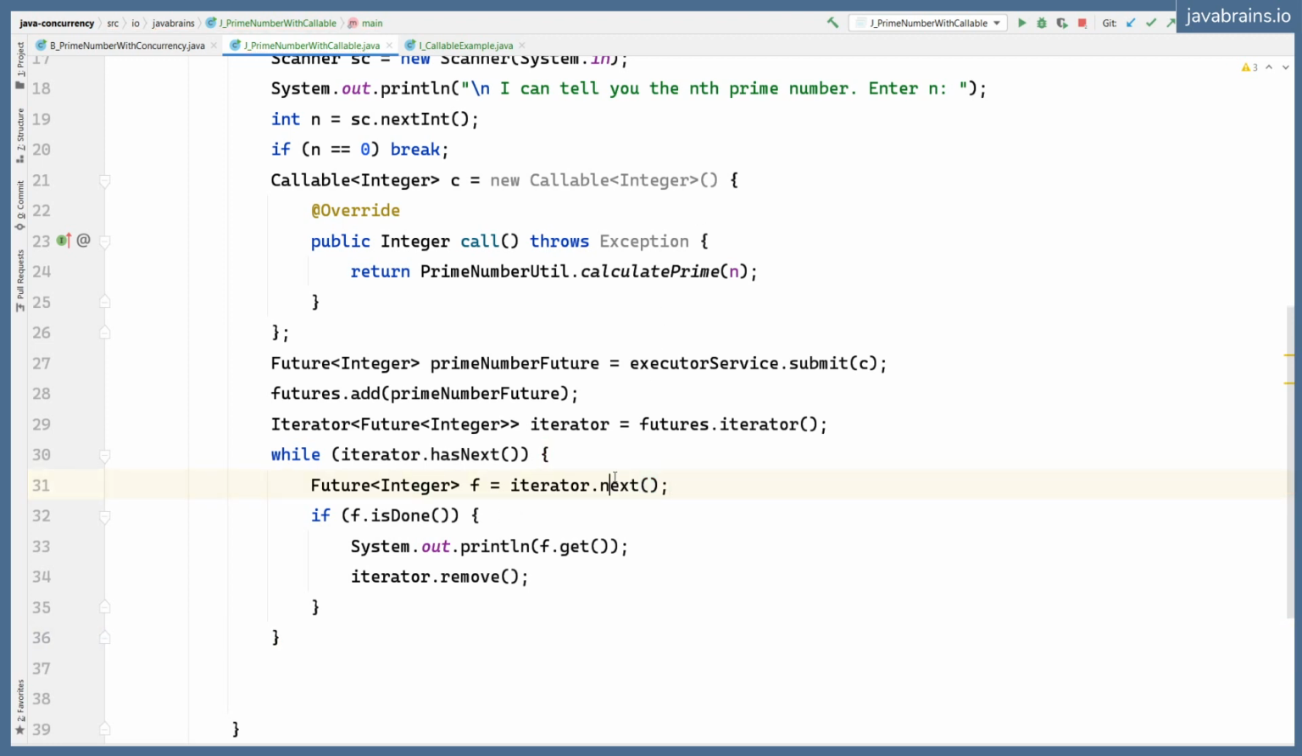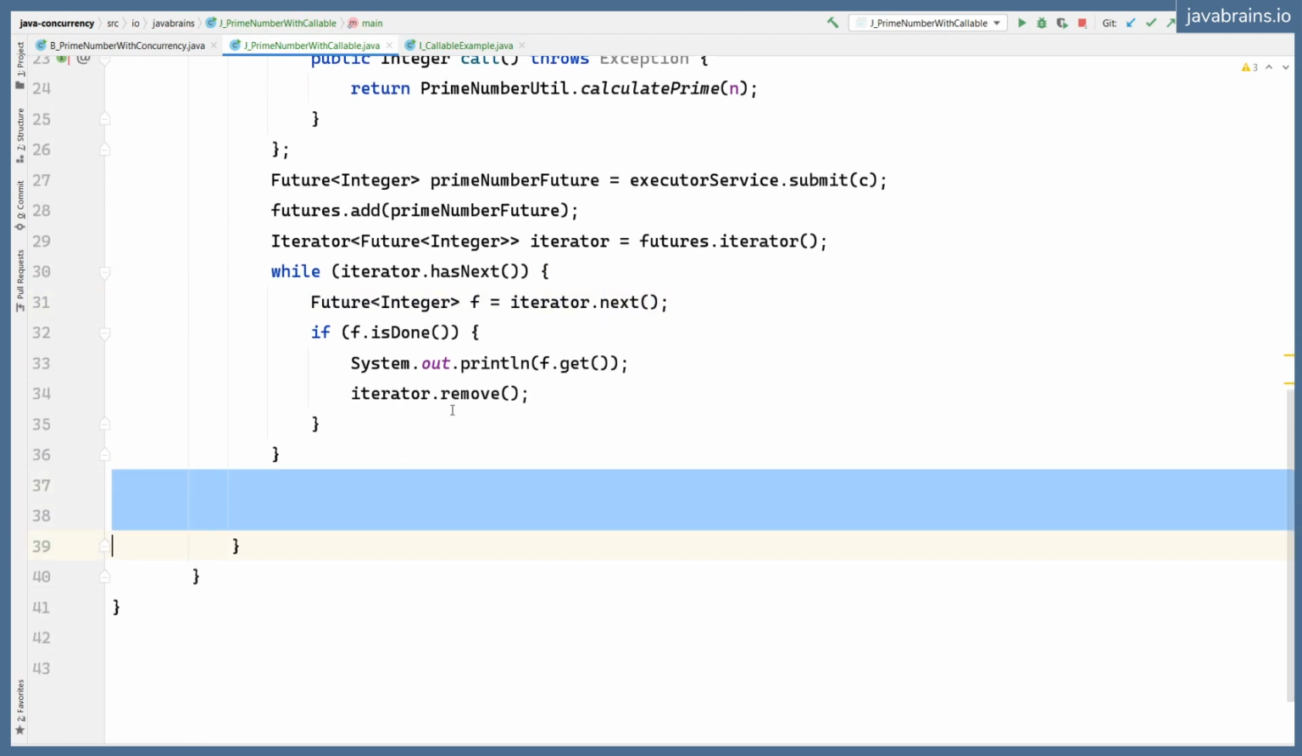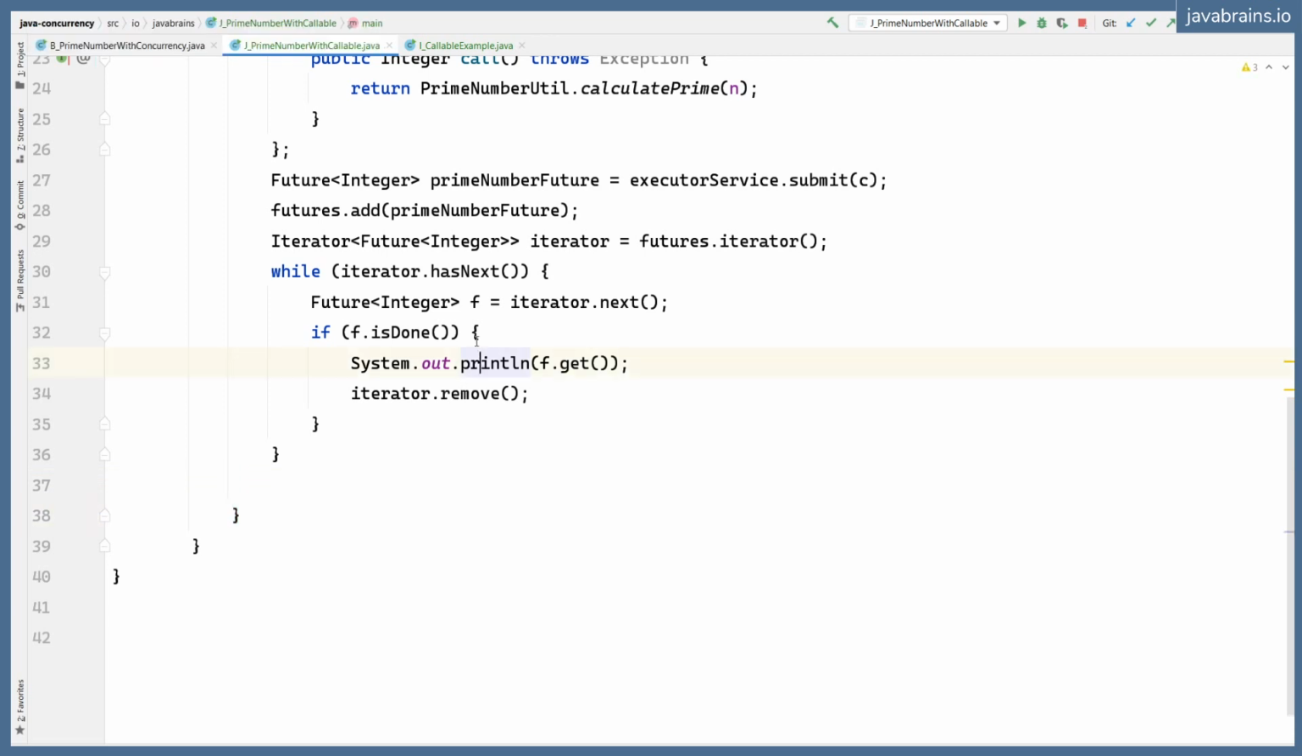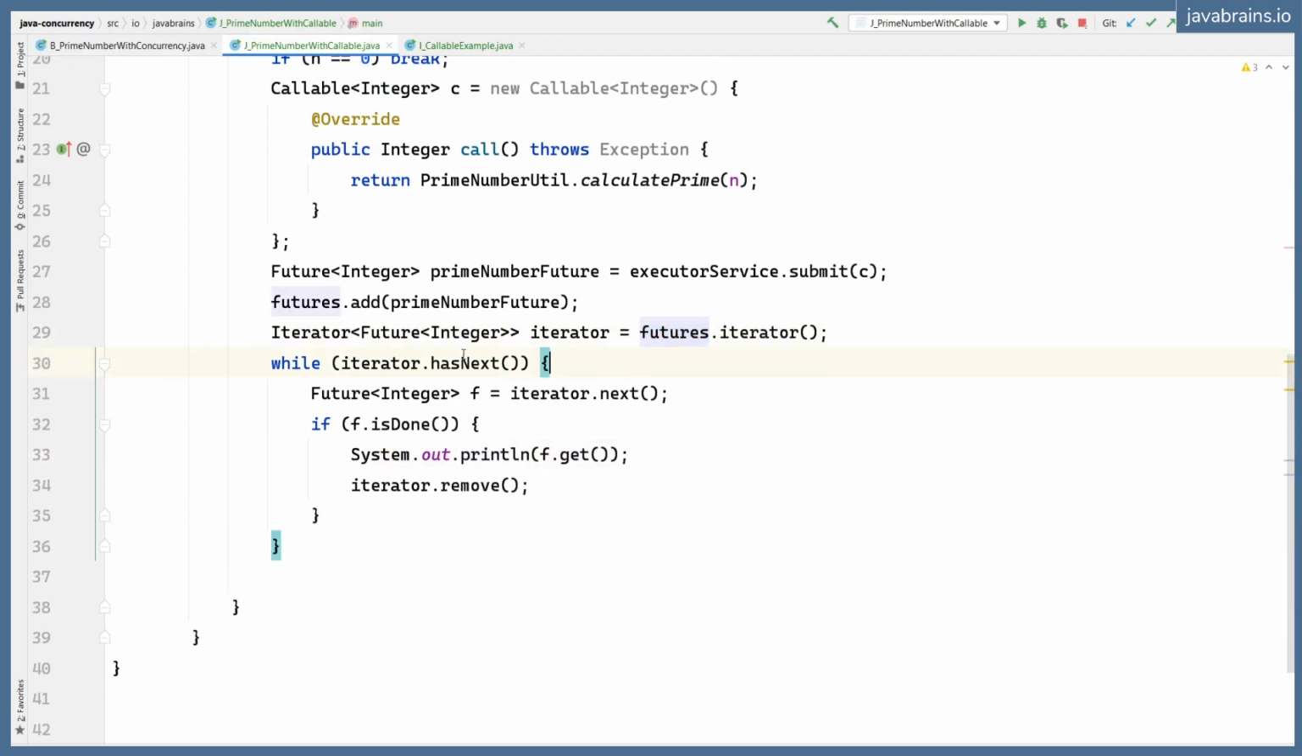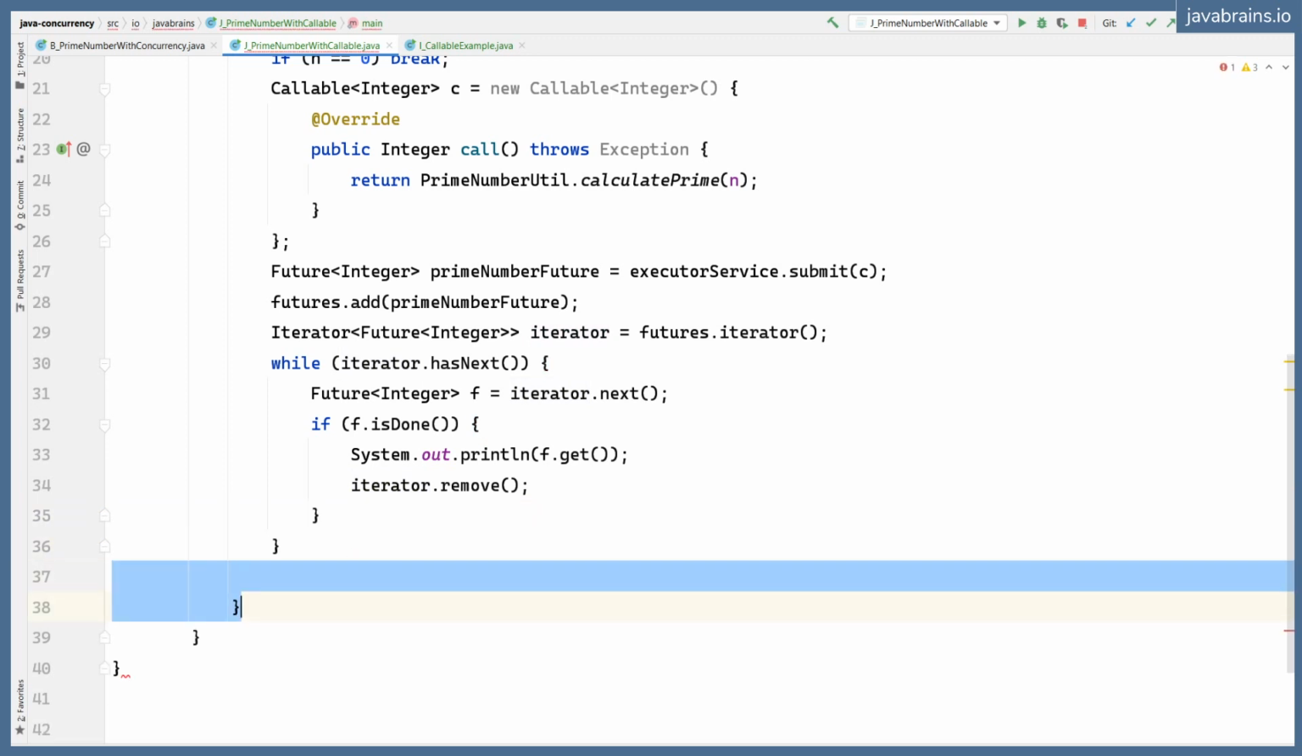Okay, so essentially what I'm doing here is looping through all the futures by doing iterator.next, and for each iteration, what am I doing? I'm getting that value and I'm checking if it's done. If it's done, I'm going to print it and then remove it. Okay, so now if I run this thing,